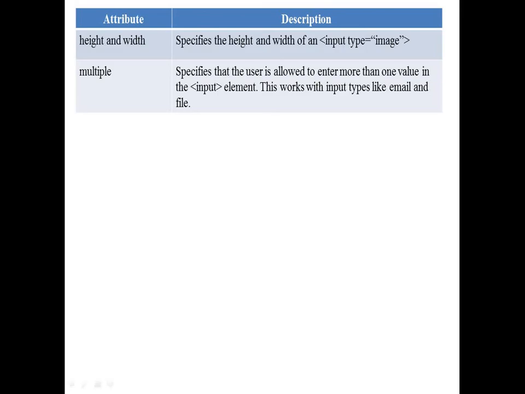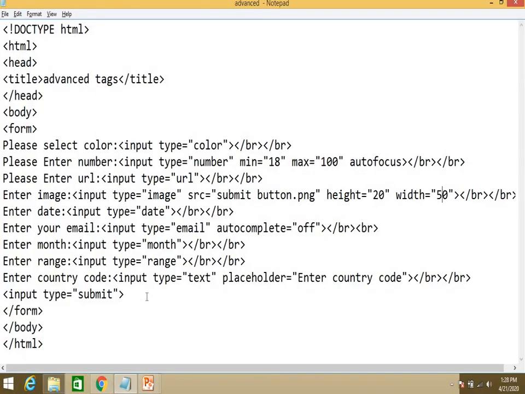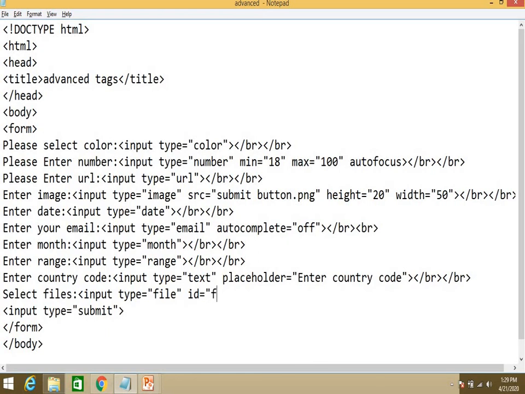I'm writing one input for selecting files: input type equal to file, id equal to files, name equal to files, and in that I'm writing multiple.